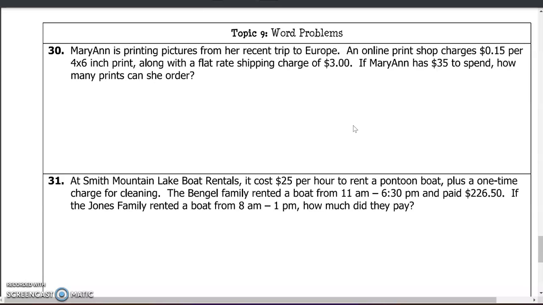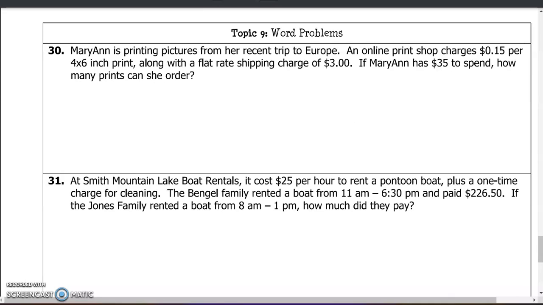So remember, this is where you have to figure out what kind of question it's asking. It's telling you a rate of change, 15 cents per print, and it's telling you a starting point, right? So rate of change, starting point, that's slope-intercept form. So our slope,